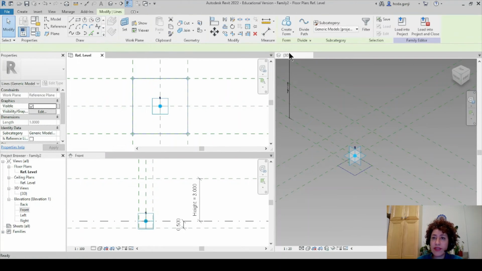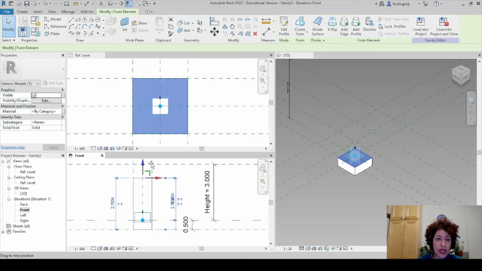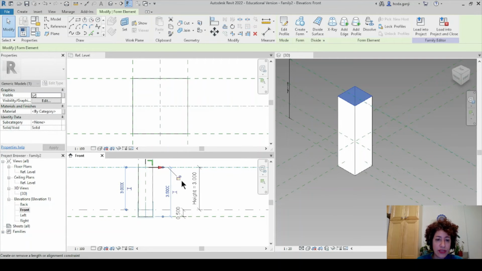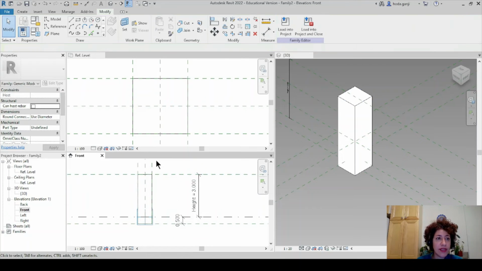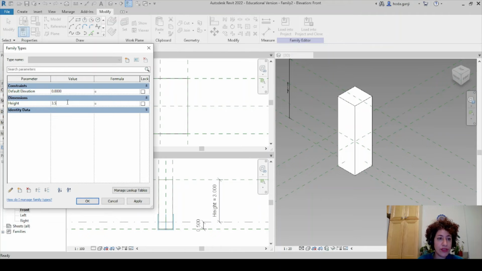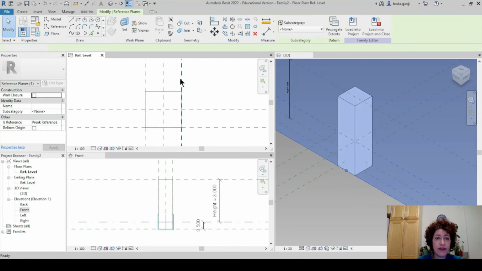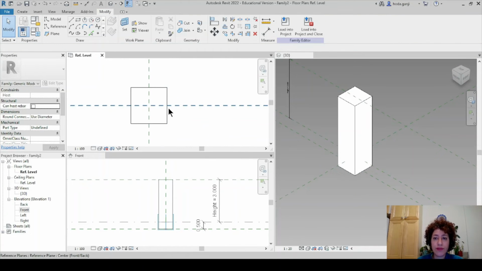Now, if I click on this, I can just go to create form. I want to click on the front view, move this up, and lock it to the reference plane that we created. Right now, if I go to family types and click on this number, change it, let's say, to 3.5 meters or something, it's going to update the height. If you want, you can also assign values to the width and length here. That could also be a parameter, right? So I want to maybe delete this,